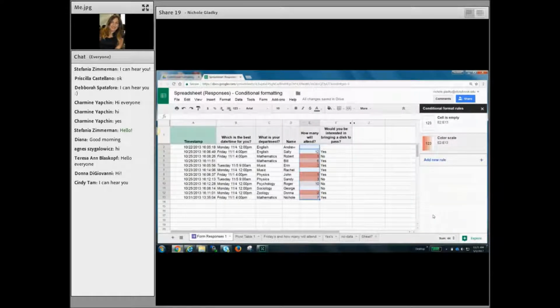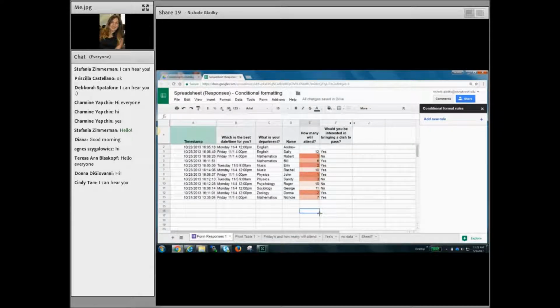And you can see here that the ones with minimal amount of people coming are the darker red, and the ones with the most people coming are white, except for the ones that don't have anything in it. So if I put something in here like, I'll put 10. Oops. It automatically updates. So when you have those rules, and new data appears, it'll update the data with the correct